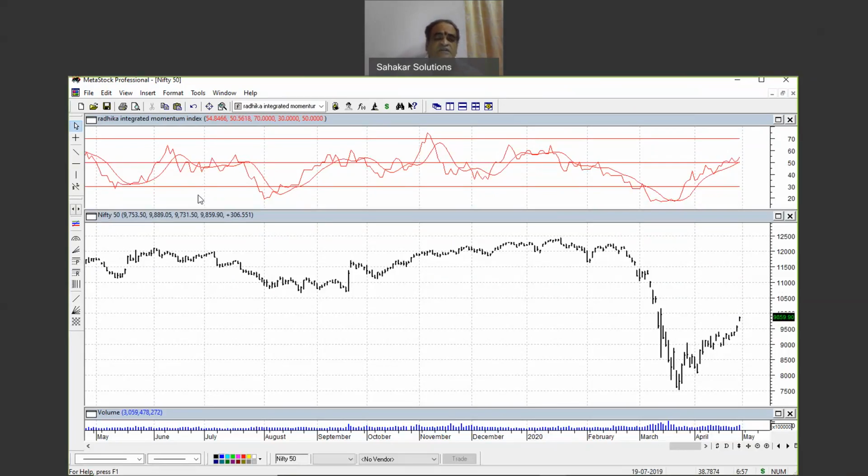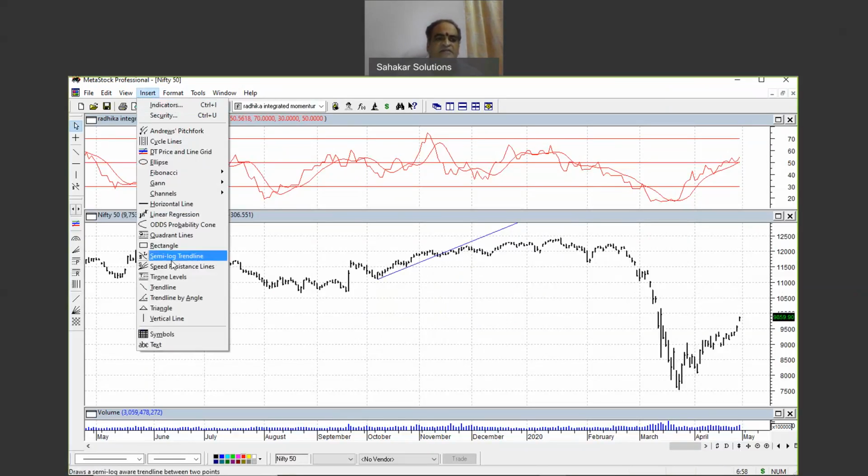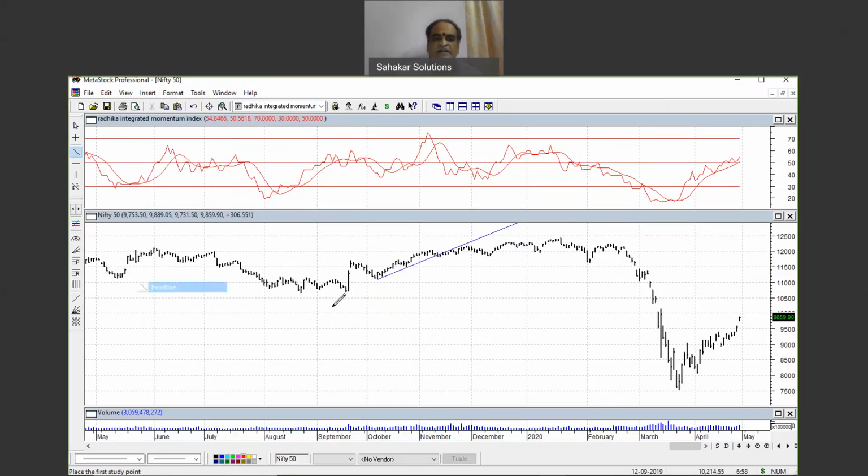Starting with this, first let us draw a trend line. As I mentioned earlier, in an uptrend, it is better to connect two successive bottoms. Here I connected the bottoms, extended them to the right. Now as you see, the trend line was breached here. So we exit the trade, but the price went up again. And again we will draw another trend line from the same bottom to the next bottom.